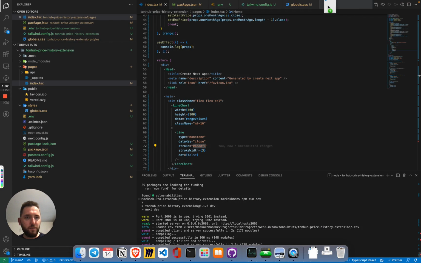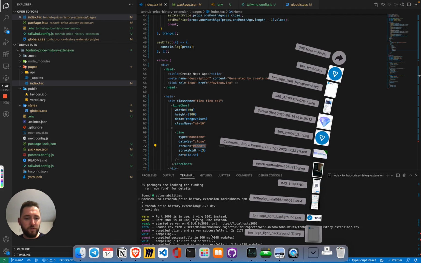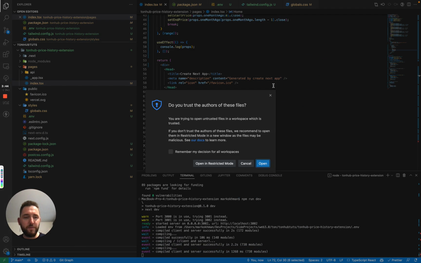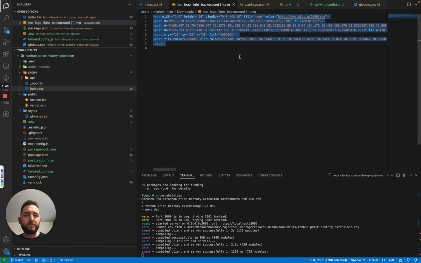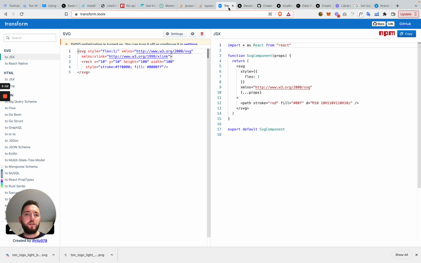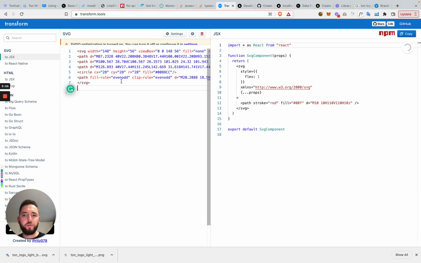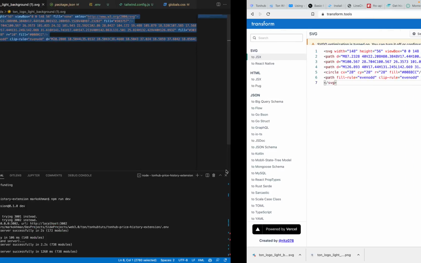And we are opening it in VS Code. And we're going to create a component out of it. For this, I have a little shortcut. I just put the code in this service, transform tools to JSX, and then I just copy it from here, and I